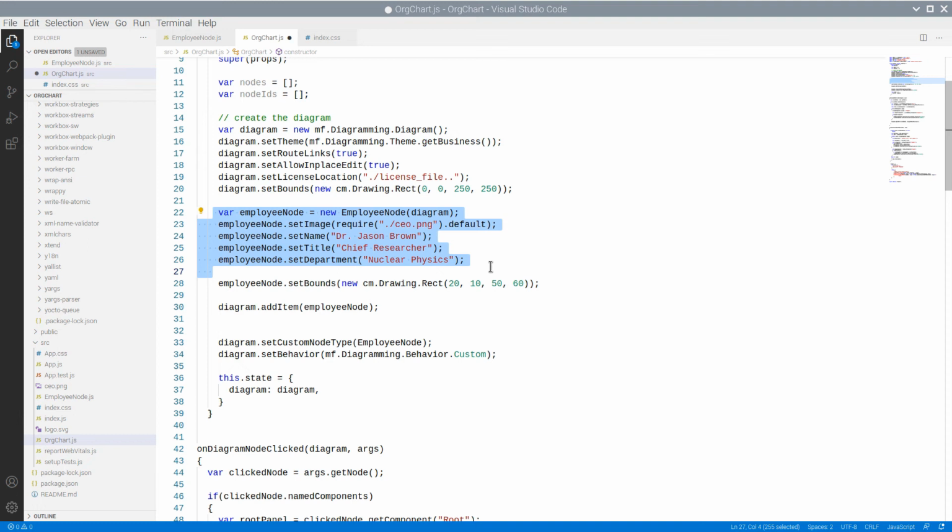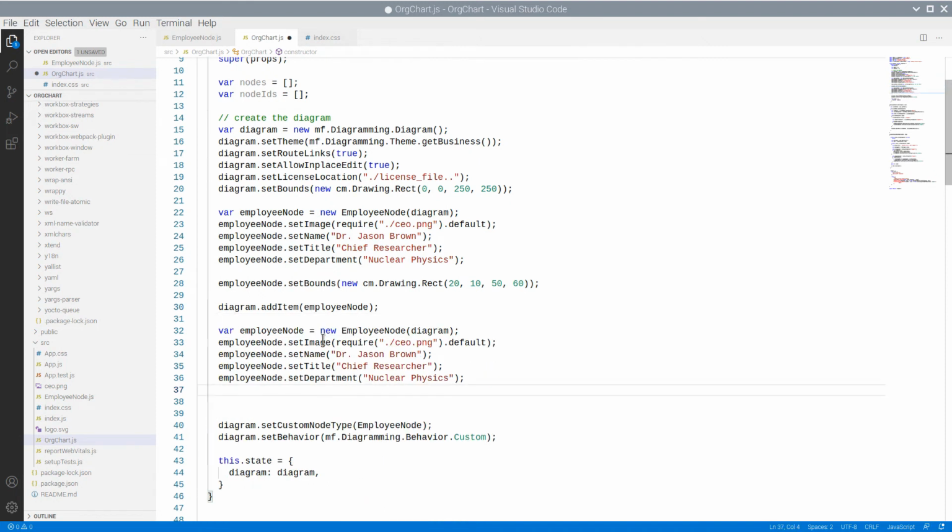We have to create a new employee node to add to the node list view. We cannot use the one we already have for the diagram because they will have conflicting IDs. We copy the code and create a new object, which we add to the nodes array.